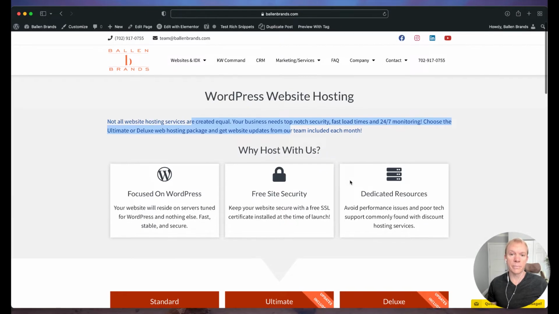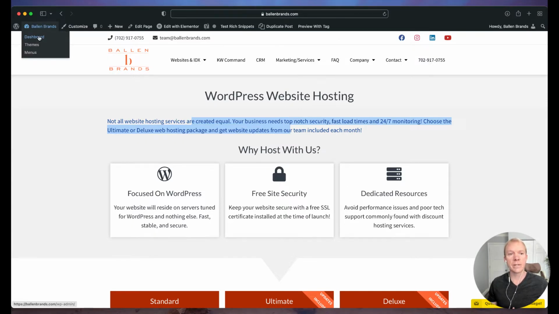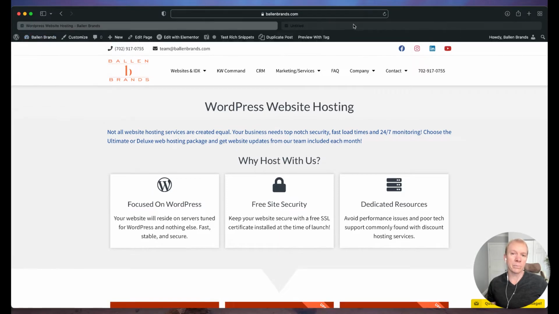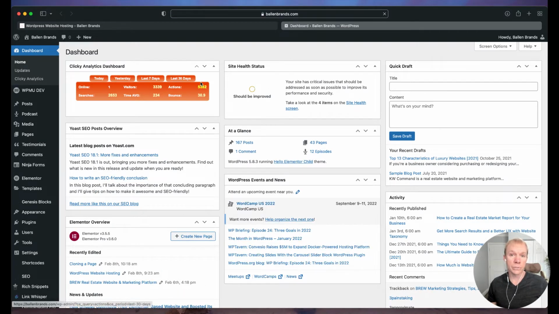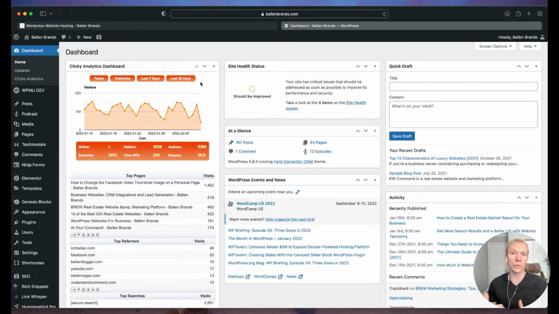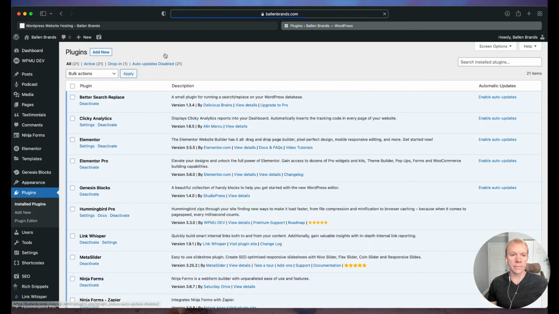Okay, so there's a couple different ways of doing this. There are plugins available, and I'm going to show you that way real quick too, just so you have those options. Sometimes we choose not to use the plugins because it adds additional resources to load the page. So if we care about our SEO and page load times, we may not want to overdo it on the plugins. But an option that we do have, if I go to plugins, and I click on